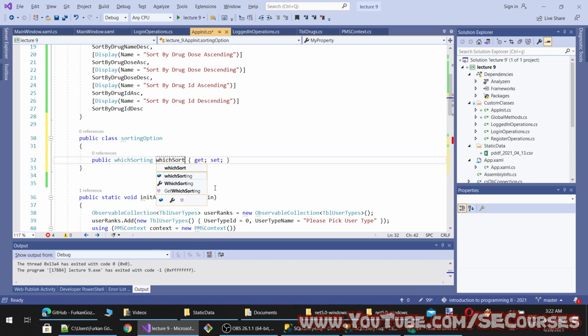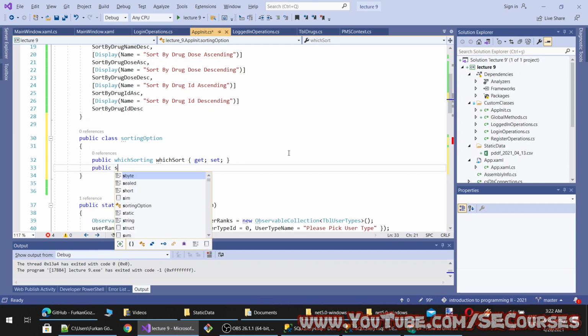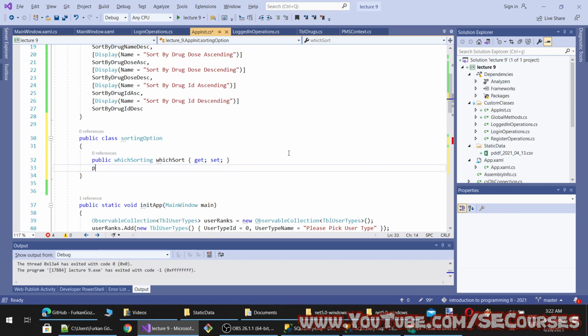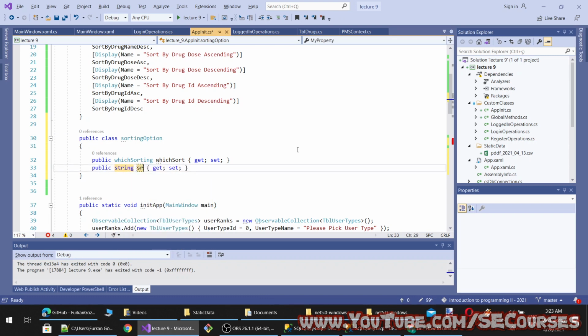WhichSort we can name it. Then it will have a public string property, string Description, and I will make it automated.